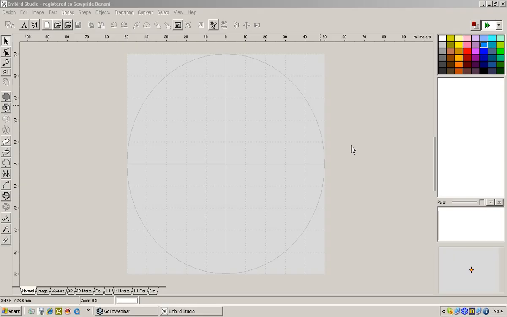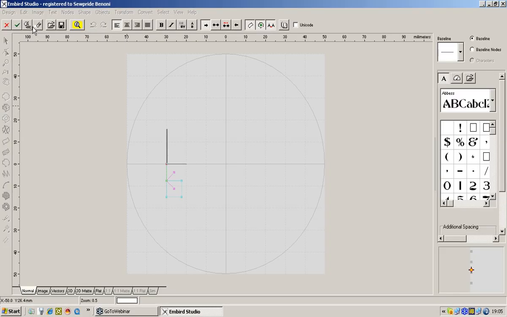What I would like to talk about today and show you is the two basic things that we, in most cases, forget about. The one is pool compensation, and the other one is underlaying. So let's start off with underlaying, and for underlaying, I think I'm going to start playing with